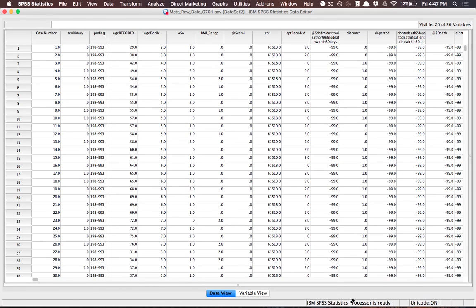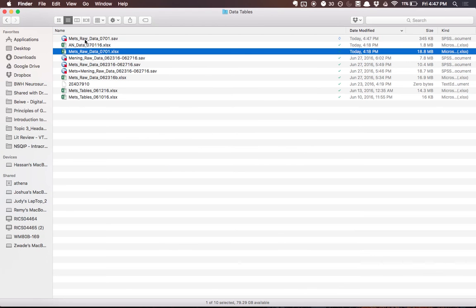And I believe it saves relatively quickly. You might not even catch the status bar light up. But if we go back into the folder that we were working with, you'll now see that there's a newly generated METS raw data 0701.sav